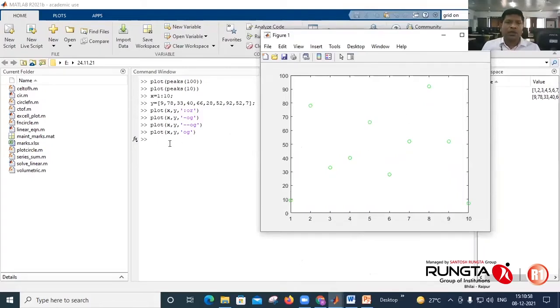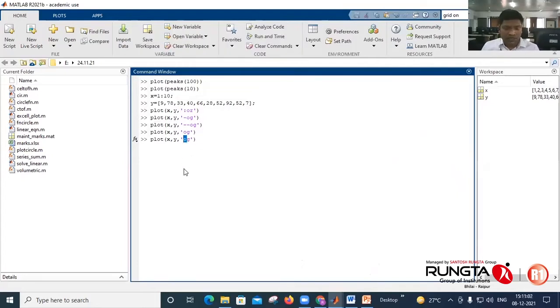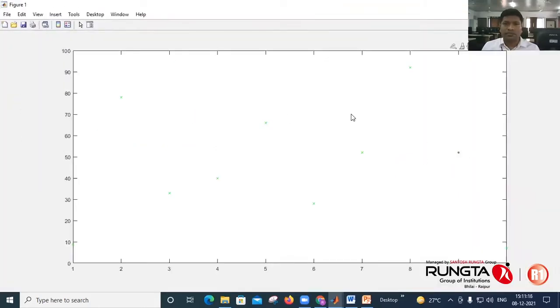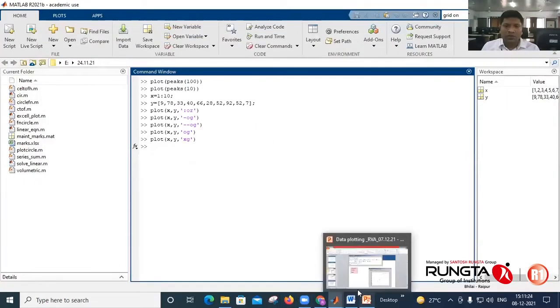Okay, if you want to change the marking point, instead of O you want X, cross, enter. It will change accordingly like this. Okay, only there are crossings like this. Okay, so this is how you can specify the color or attributes of the line.